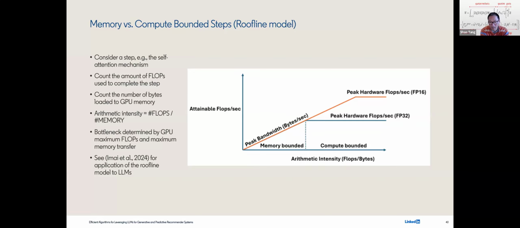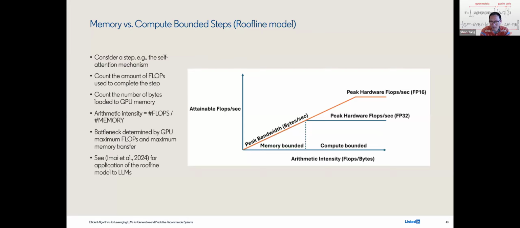When we have very low arithmetic intensity, we are considered memory bounded, because for each byte of data we only do a very small amount of computation. And as we increase the arithmetic intensity, it becomes compute bounded, because for every byte we're actually doing much more computational flops. And the orange line is a slope, which basically indicates the peak bandwidth,